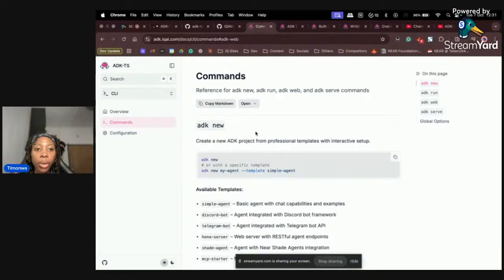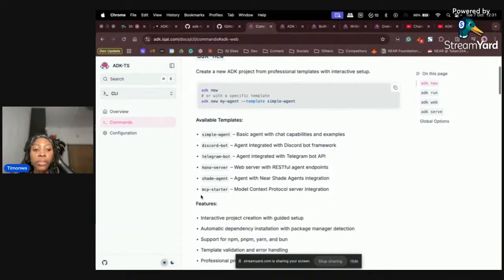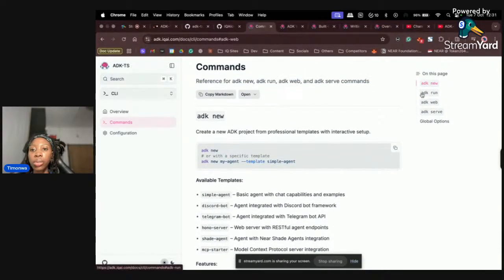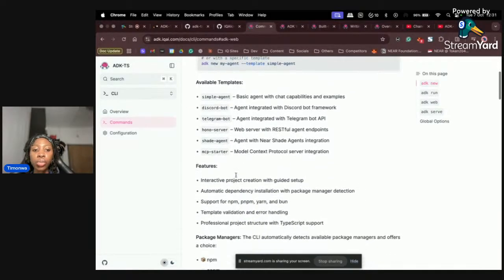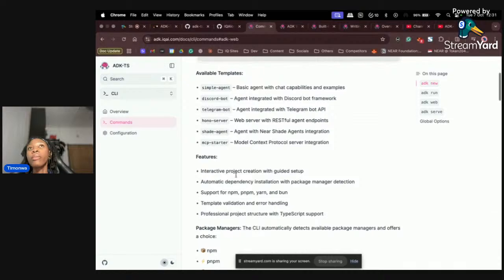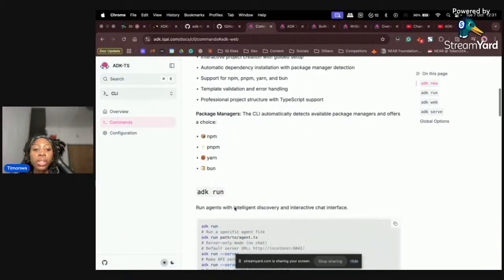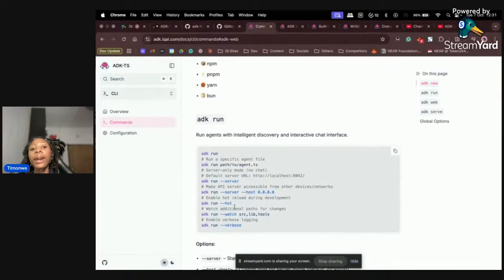And then I talked about the CLI. I said if you go to our documentation, you'll be able to see everything you need to know about the ADK CLI: ADK new, ADK run, ADK web, and ADK serve. ADK new is for creating a new code base, where you get to choose from the different starter templates that we have. Then ADK run is for you to be able to interact with your agents,